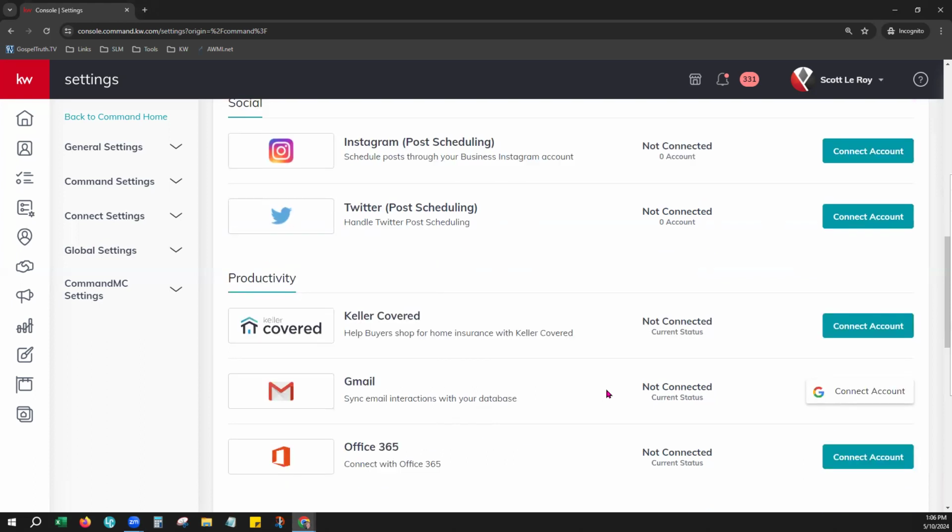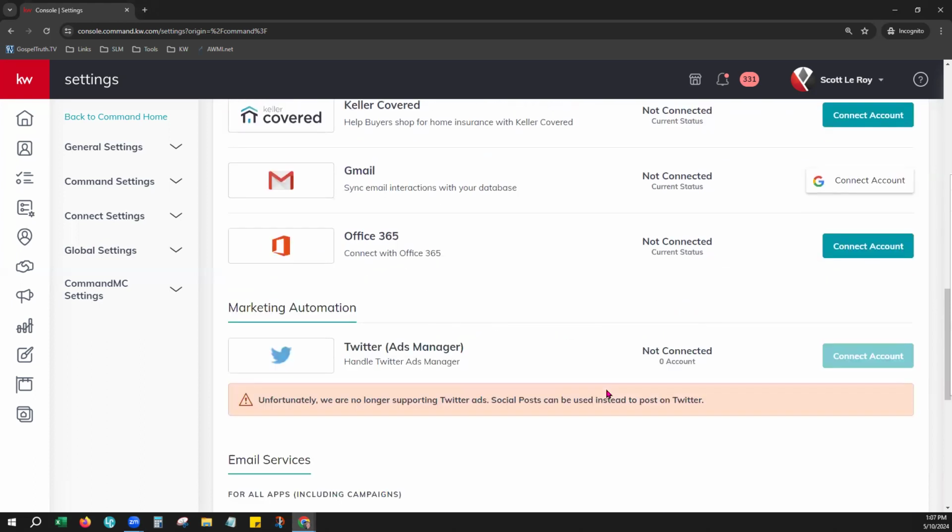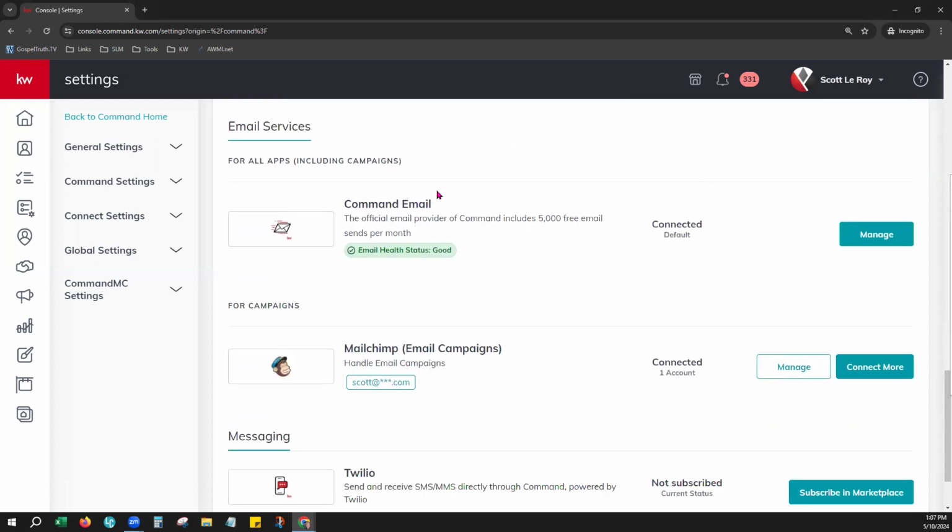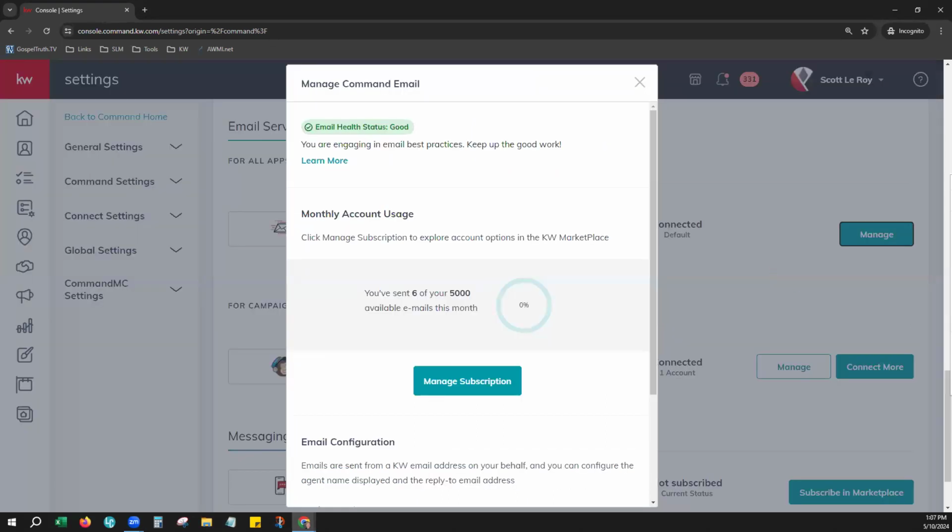Okay. Moving on down, just want to show you down here at the bottom under email services, you have your command email account right here. You can click manage. Now, command email is how your command system